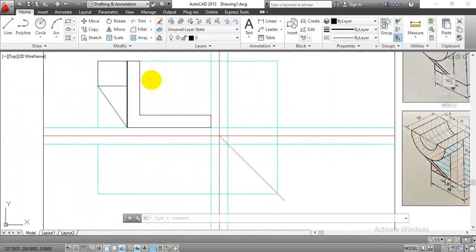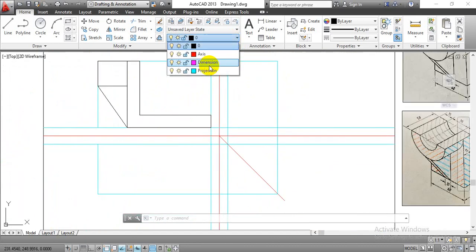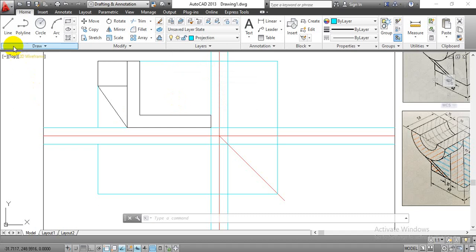Just zoom that front view projection, go with this projection layer, select line command. Now we are going to transfer this point as well in a top view. So just select it, turn on this ortho mode command and click over here. Again select line command, transfer this point as well like this. Okay,